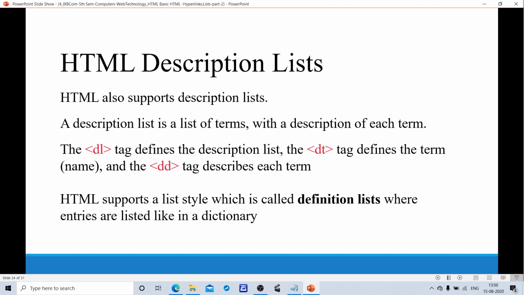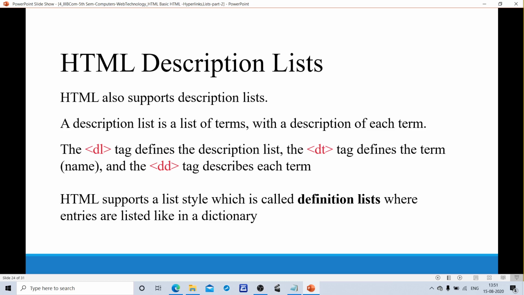Next list tag is the description list. An HTML description list is a list of terms with a description of each term. For that we are using tags like DL, DT, DD.